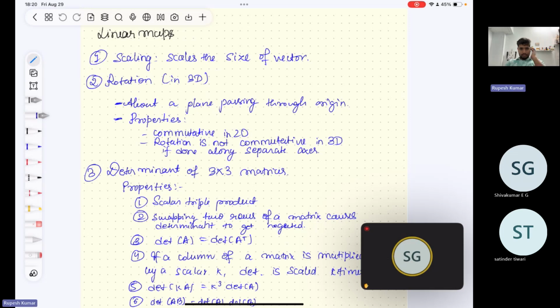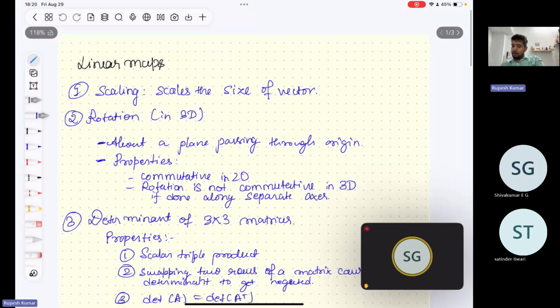Basically any map is defined as a mapping between input and output space. So let's say this is your input space and then this is your output space, right? So you have a map that maps each point in the input space to the points in the output space,